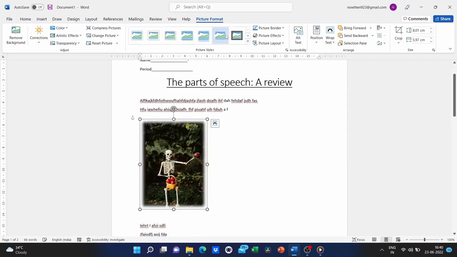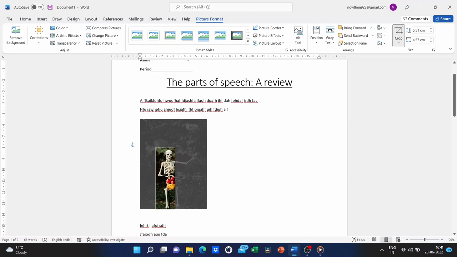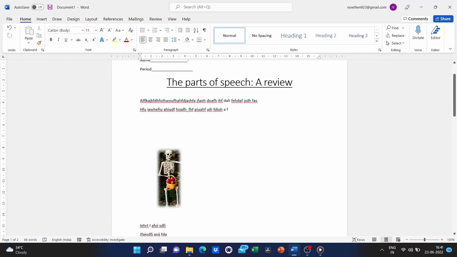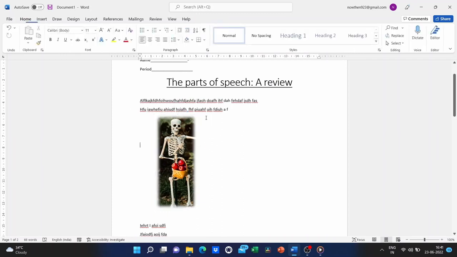You can also crop. And you'll be surprised how often this is helpful and necessary. So when I click on crop, it gave me some additional lines and edges and things like that. So I can use that to crop out part of the photo, and I have to make sure I get the exact line there. And then I can just click outside the box and it makes that crop effective. So watch out for this Format tab. It will appear and give you some wonderful options that you need to be aware of.